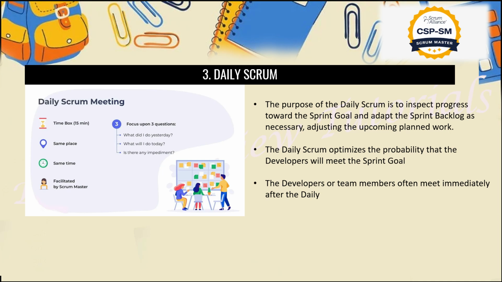Make sense? Now the daily scrum basically will also be discussed. In the daily scrum we will also discuss the sprint goal, and what the developer team will do. After every daily scrum meet, the developer team will connect with their respective developer technician, and they will immediately focus on the work that needs to be completed.